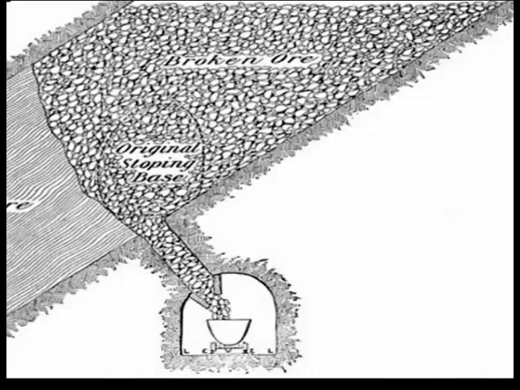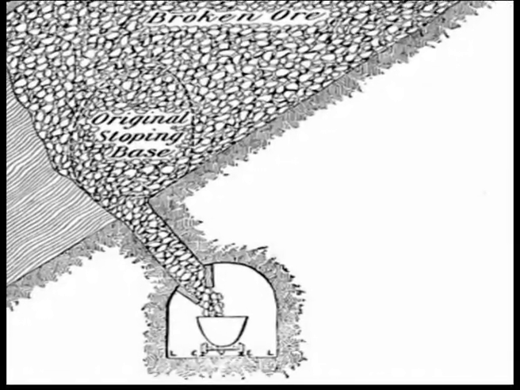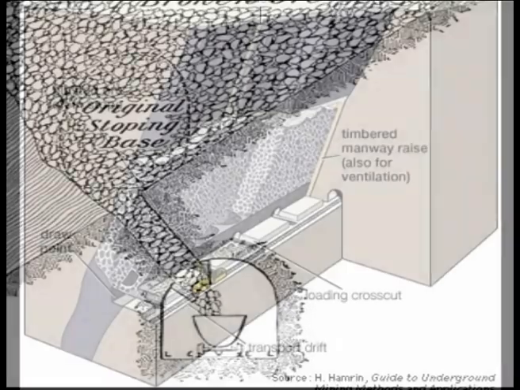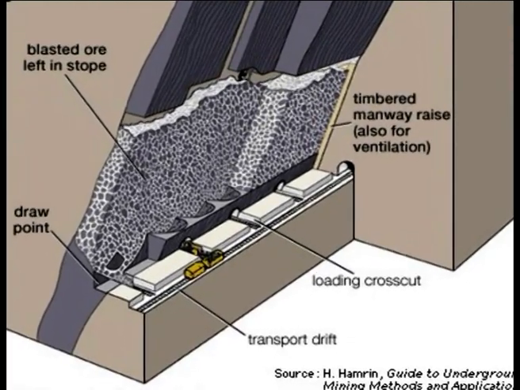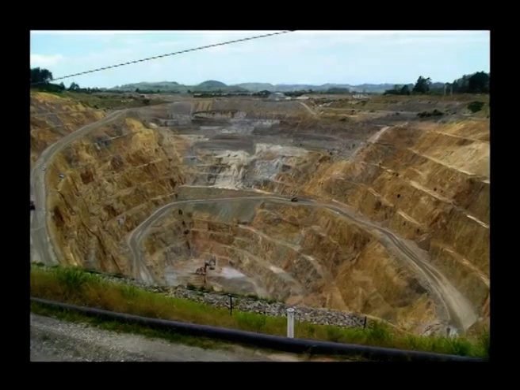This method is used in steeply dipping lodes with strong walls. Narrow veins can be completely extracted, but pillars may be necessary for preventing collapses. This method was practiced in most metal mines when the conditions are favorable.